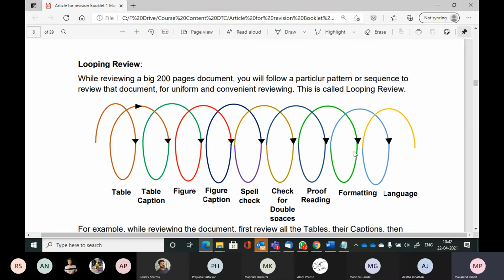Now try to apply the same idea to writing. What do I mean by that? Just imagine that if review of a 200-page document from beginning to end was so difficult, how difficult it must be to write a 200-page document from beginning to end. Do you think it's human to perfectly start with the cover page, then go through the copyright, type the content of the first chapter, then exactly go to the second chapter and so on? No, it's not possible.